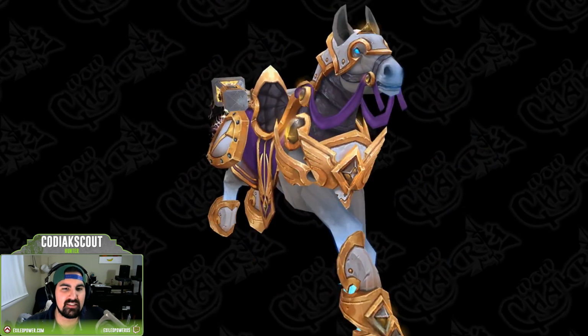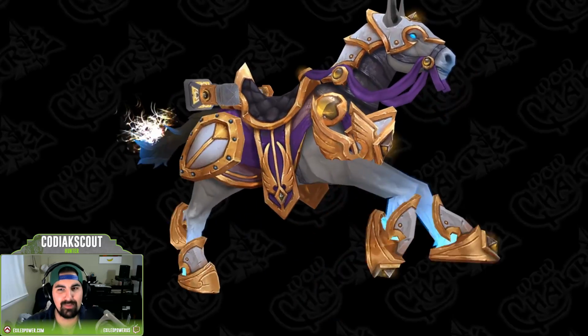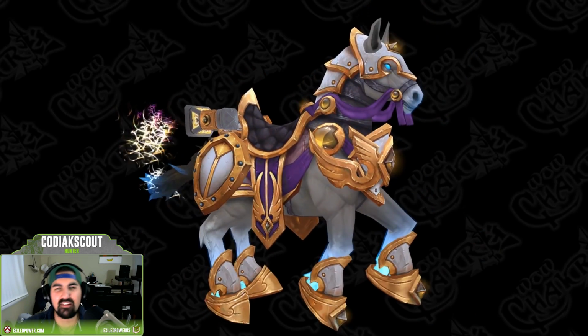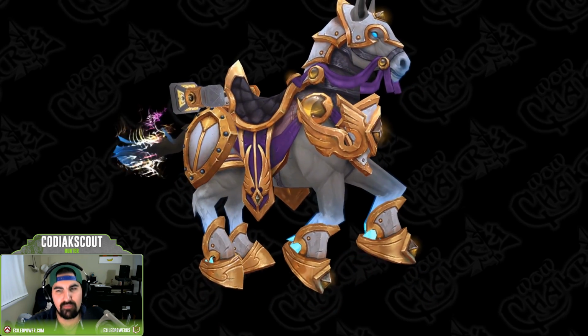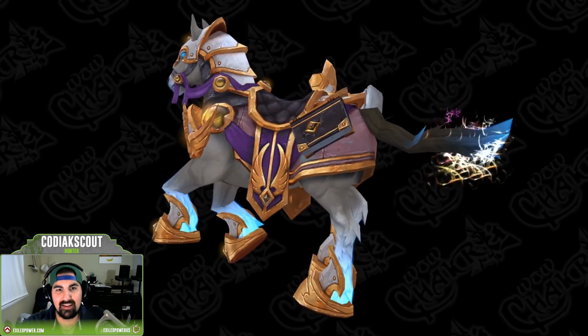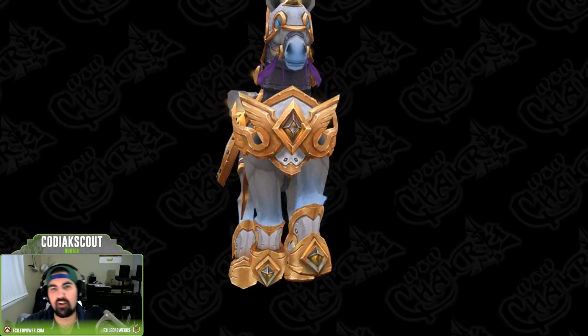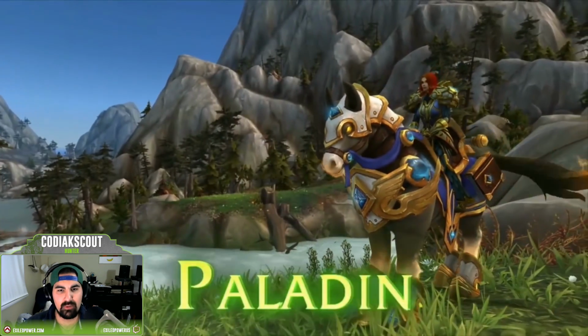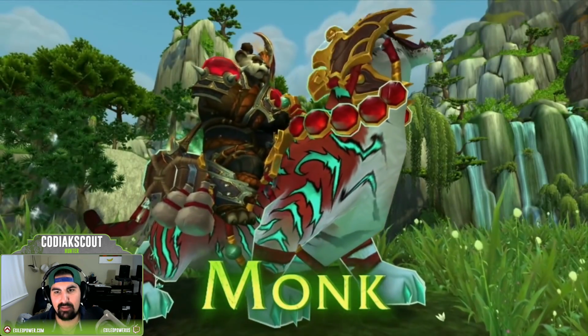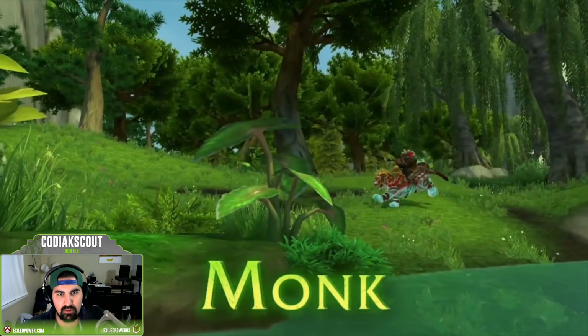It was like somebody's son drew the mount and was like, "Daddy, look, this would be really cool," and it just doesn't. It doesn't come off the screen as cool. It comes off the screen as hokey. It comes off the screen as cartoonish, and we could say that about some of the other mounts. You know, the monk mount you could argue looks cartoonish. I think you could argue that maybe the face and some of the elements of the priest mount look cartoonish,